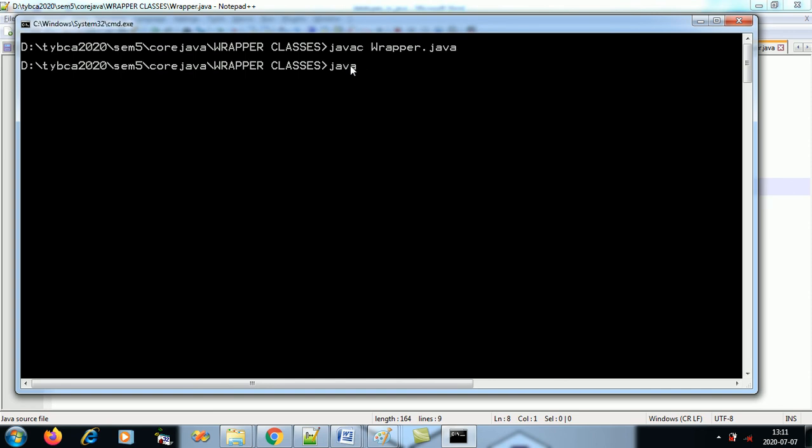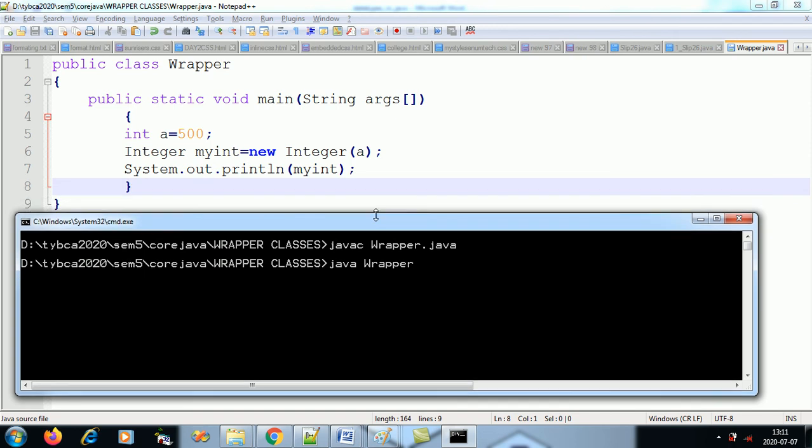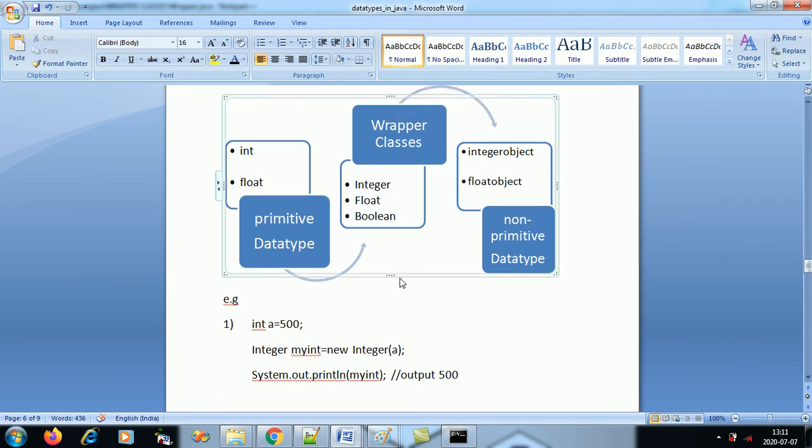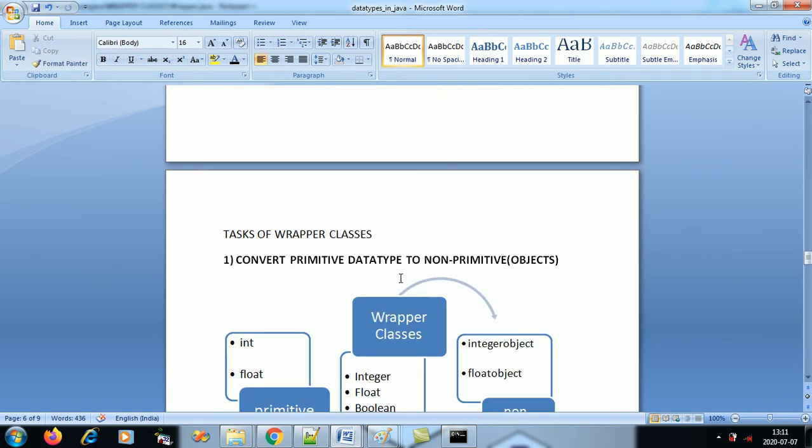When I run this, it should show the output as how much? 500, because this myInt is equivalent to this primitive integer. Clear? Very good. This was the first task of your wrapper classes: convert a primitive type to non-primitive.